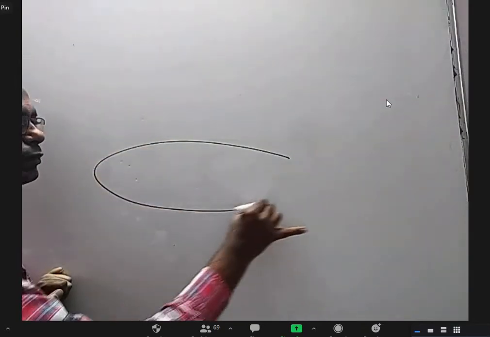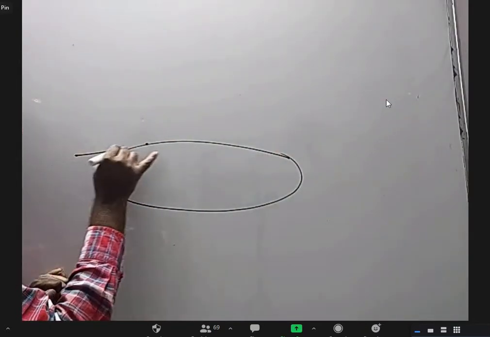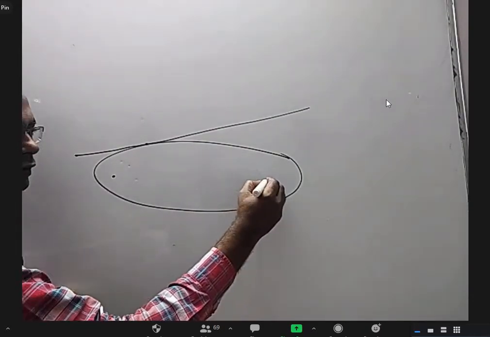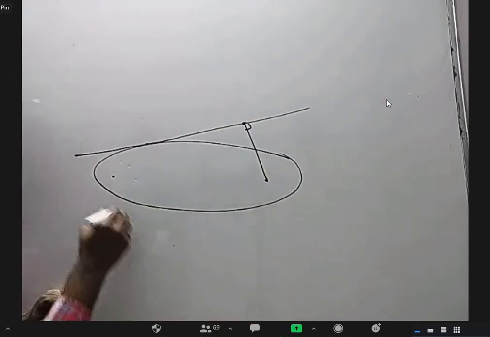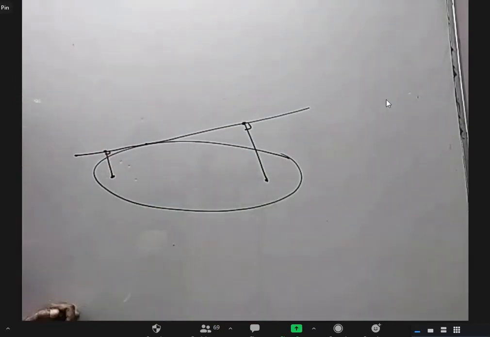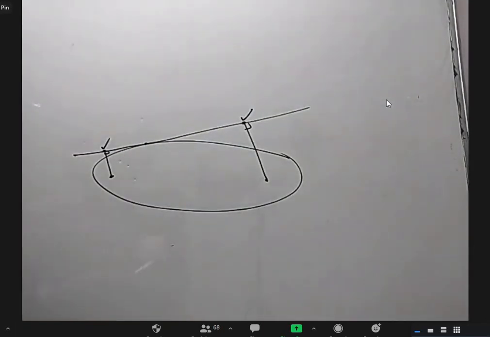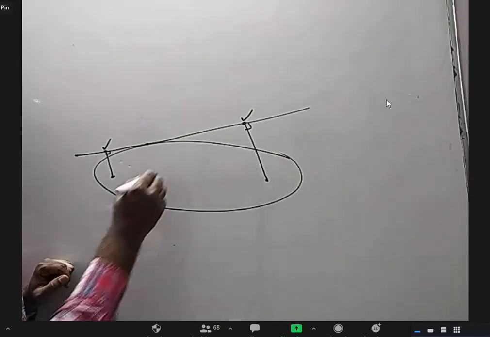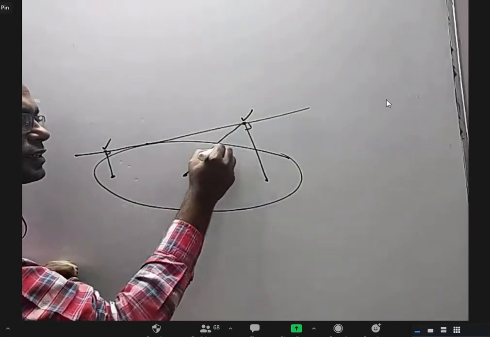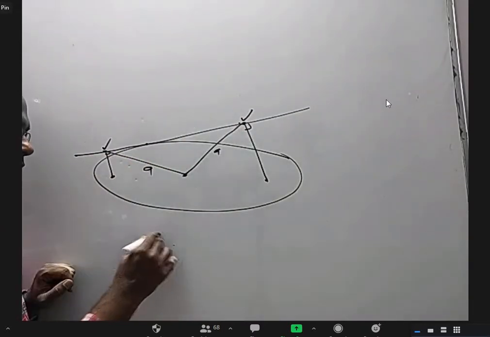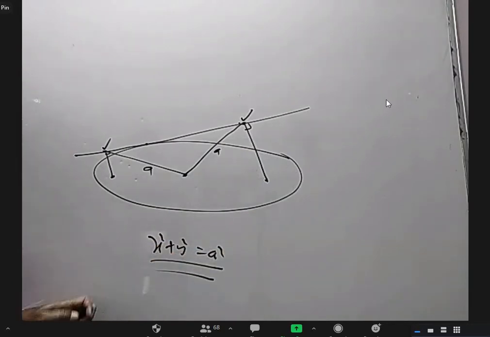Okay. Next property. Before writing the sentence, I'll explain, and let us see if somebody can tell me the proof. You take any tangent to the ellipse. Take the two foci. Find the foot of this focus on the tangent, and the foot of this focus on the tangent. The locus of this foot and this foot, both are the same. And you know what that is? From the center, always this distance is A and this distance is A. So the locus of that point is x square plus y square equal to a square, the auxiliary circle.